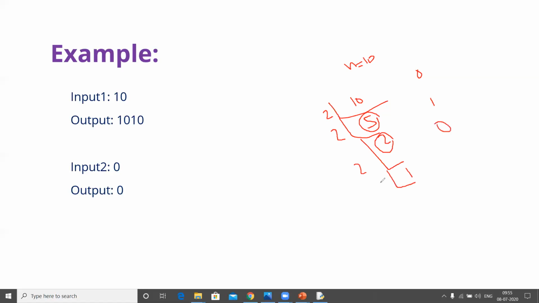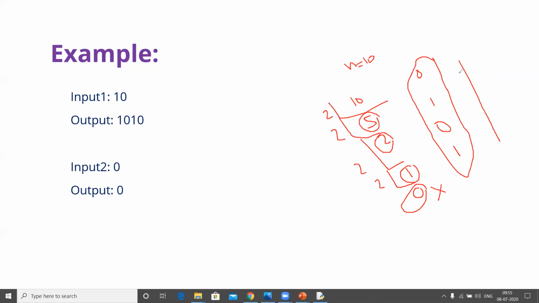Now if you reach 1, you can stop here. Let me do one more step. 1, right? 2 0s are 0, so you will get the remainder 1. Once you get this 0, stop here. Don't proceed further. And you got all the remainders: 0 1 0 1. As I said earlier, you need to go in reverse order, from bottom to top, to collect. So 1010 will be the binary for the decimal number 10. Okay. I hope the concept is clear. The algorithm is clear. Let's do the coding part.